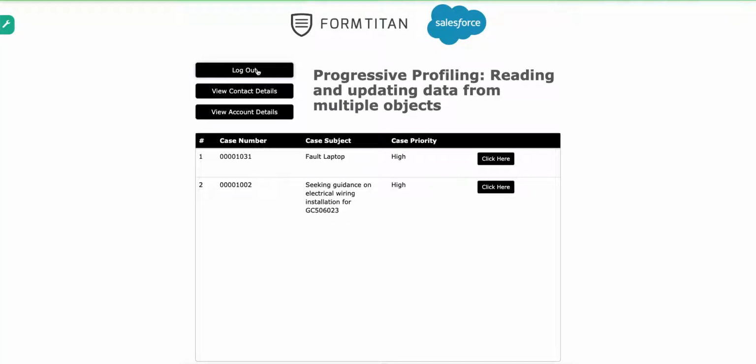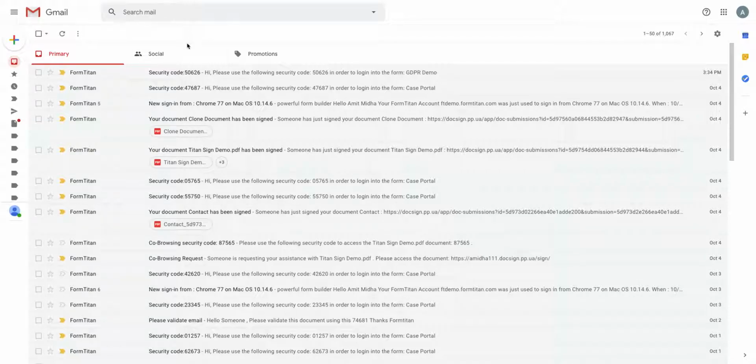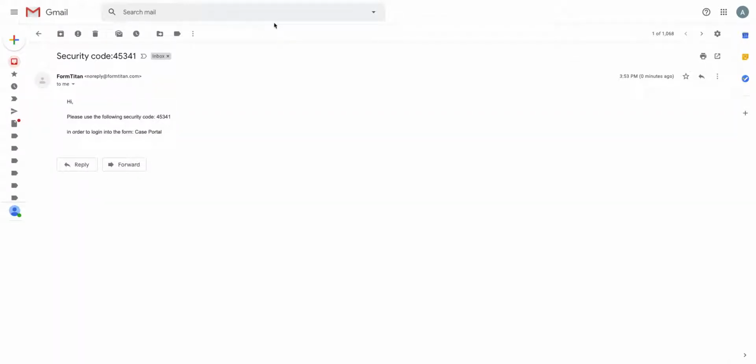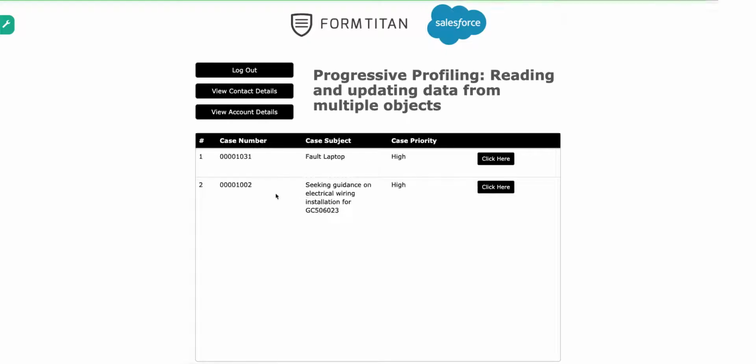And if I go ahead and preview this, and let me log out so I can log back in and show you from scratch, type in my email, and there it's going to send me a 2FA two-factor authentication code, which should arrive in there shortly. There it is, 45341, 45341. And if I continue, you can see all my data is displayed here,